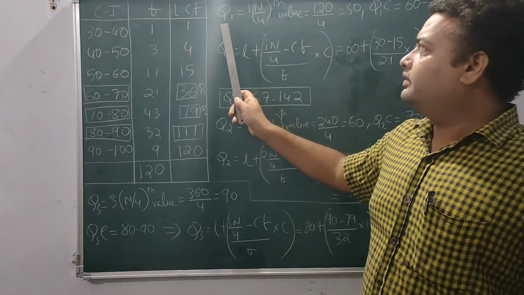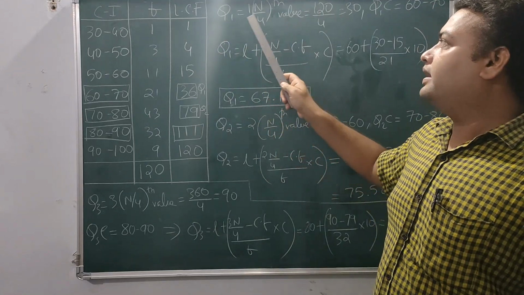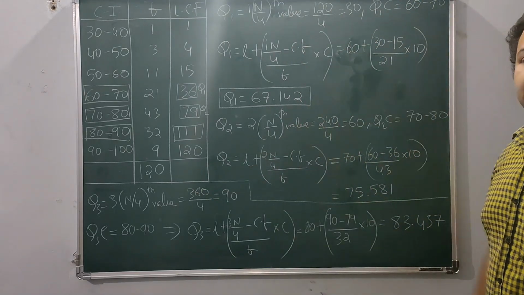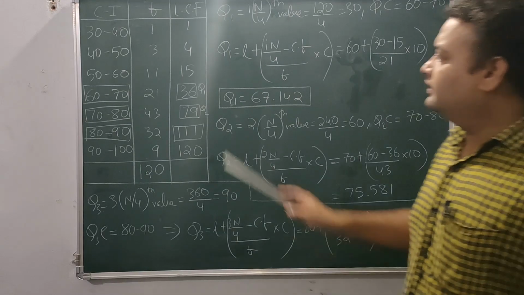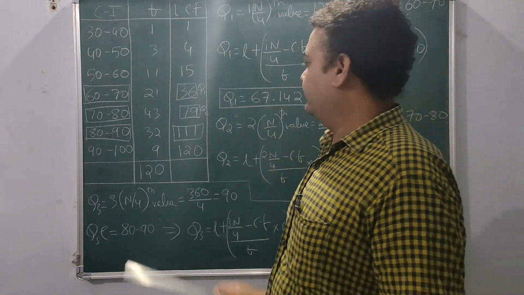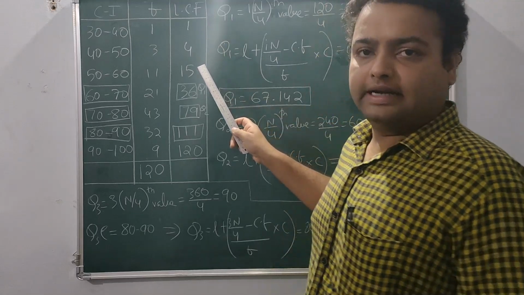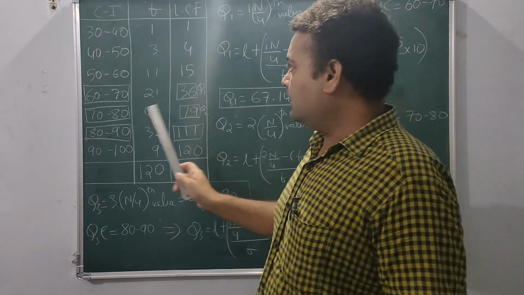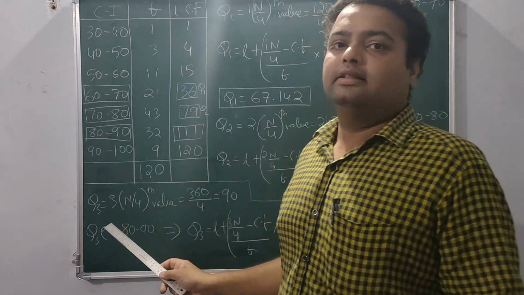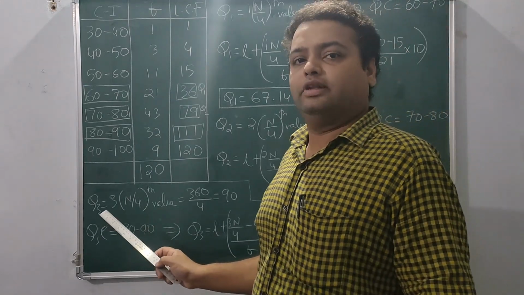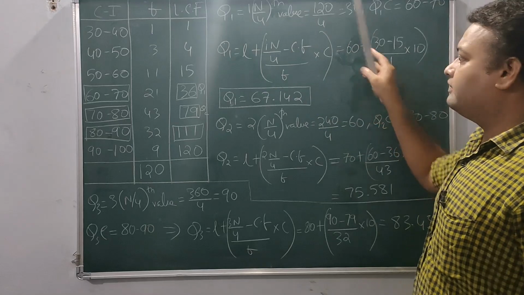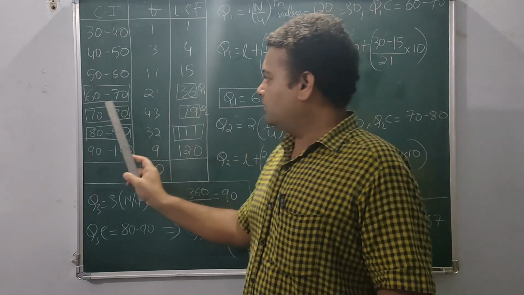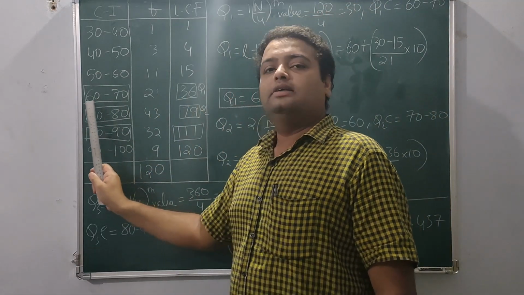So Q1 is equal to 1 into n by 4th value, that is 120 by 4, which is 30. Now we have to spot this 30 in the cumulative frequency column. So any value which is either 30 or greater than 30. So 36 here, which is just greater than 30. Here we don't have the x values directly, nor can we consider the midpoints as the quartile values. So by calculating this, we get the location of our quartile value. So our first quartile is located in the class 60 to 70.